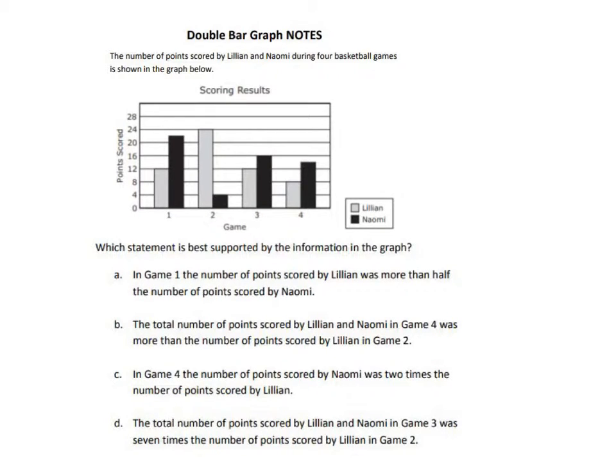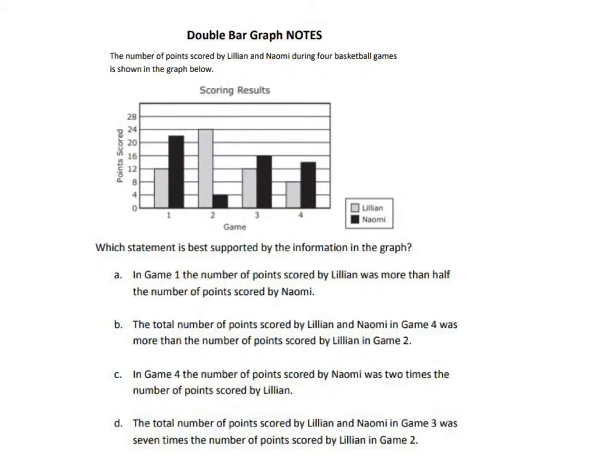We had been doing graphs: circle graphs, bar graphs, dot plots, and box plots. But we kind of forgot to do the double bar graphs, but it's the same thing. All you're doing is looking at the bar graph and checking to see if the statements are true or false. Now, the double bar graphs, they're usually going to give you a key to let you know what each bar